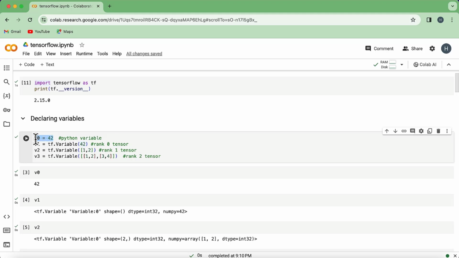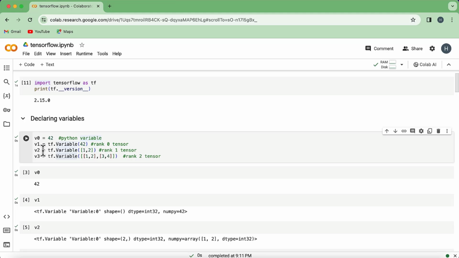But if you want to create a TensorFlow variable, then you need to use this tf.Variable function and then specify the value. And if you want to create an array in TensorFlow, then you can use tf.Variable, but this time you specify the values of the array. Like here, the array contains 2 values. And if you want to create a multi-dimensional array in TensorFlow, then you can declare it like this. You use tf.Variable, and then inside these square brackets you specify the rows of your multi-dimensional array. Now let's run this cell so that all of these 4 variables will be created,